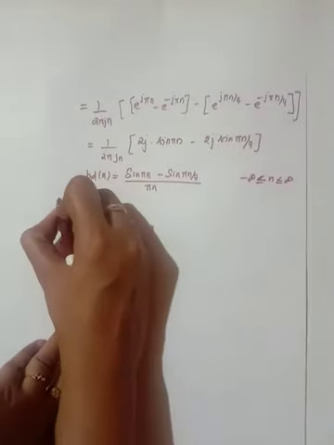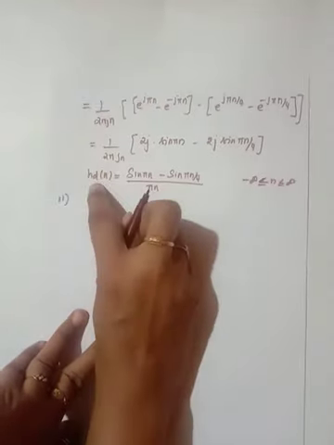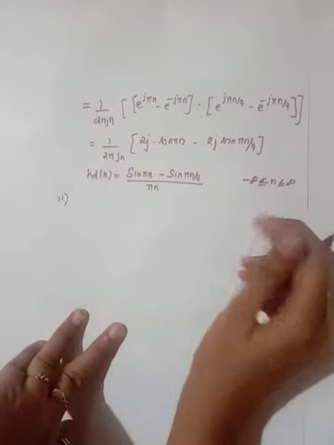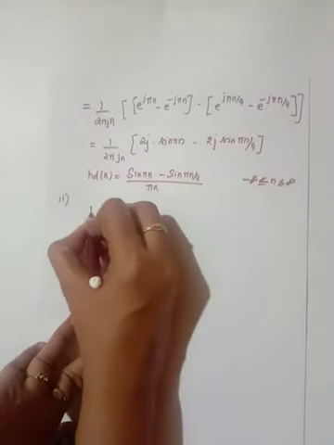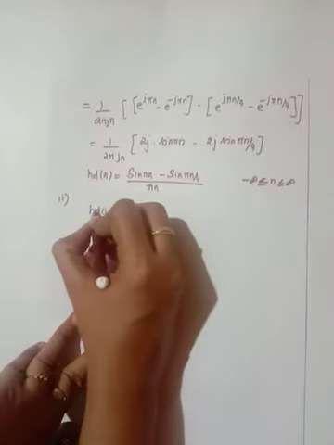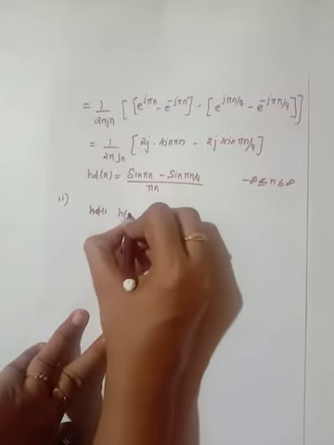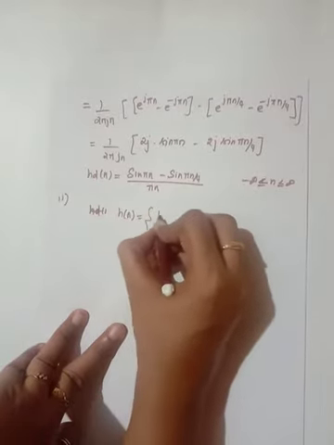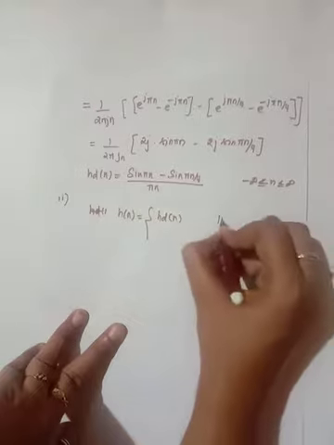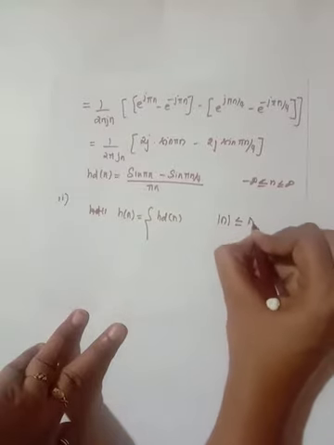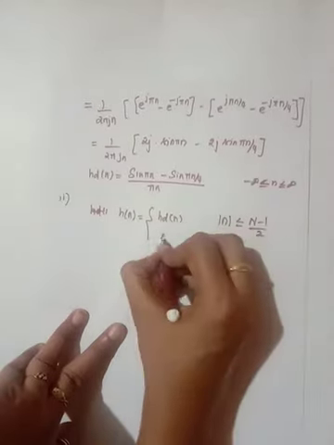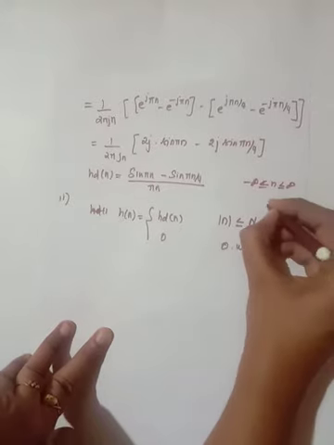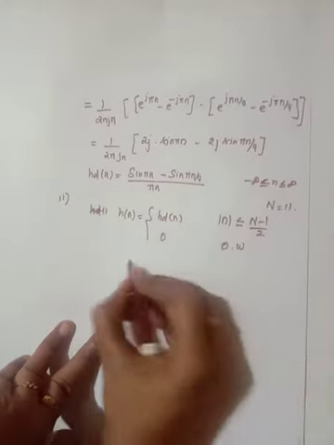So, then the second step, we have to find out hd of n. We need to truncate the samples. Okay. So, how will the truncation happen? We need to obtain h of n. That is, this hd of n is for mod n less than or equal to n minus 1 by 2, 0 otherwise, right? Here n is equal to 11 according to the problem.